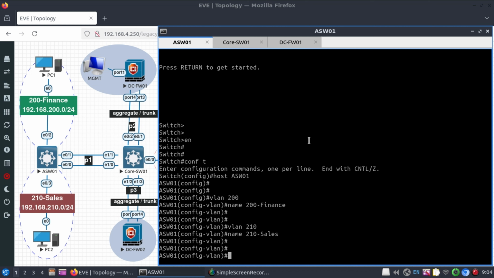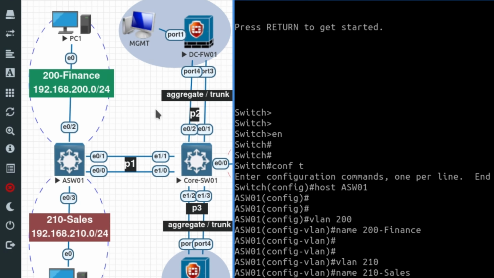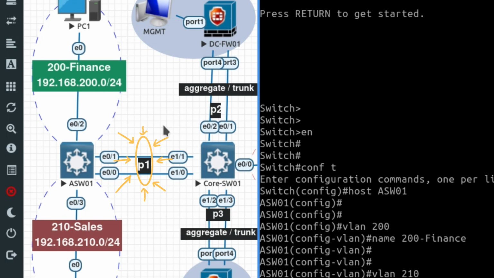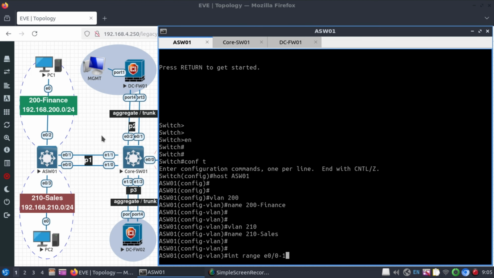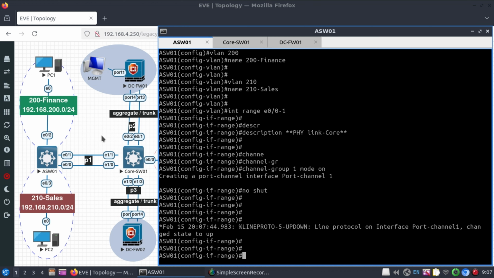Now let's configure our trunk interfaces in a port channel. Throughout this lab, we're going to be using a static EtherChannel config simply because it's easier and more reliable to depend on static EtherChannels instead of LACP. Our interface range is E0/0 and E0/1, and I'm going to create port group number 1. Then we're going to turn into our port channel 1 interface itself,